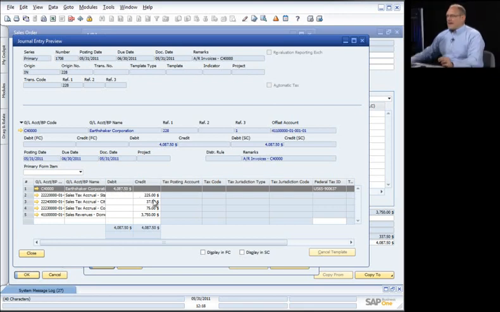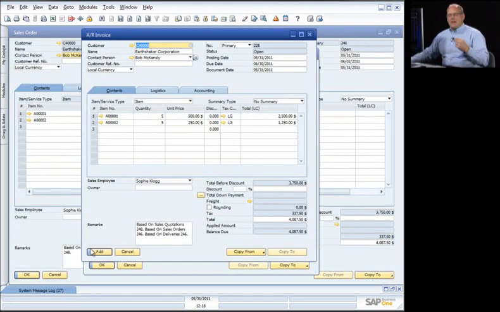My sales tax accounts are all going to be credited, and my sales revenue account is also going to be credited. Okay, so I can see that information before I process the transaction. That was something which many of our customers asked for us to include in the software, and that's how that